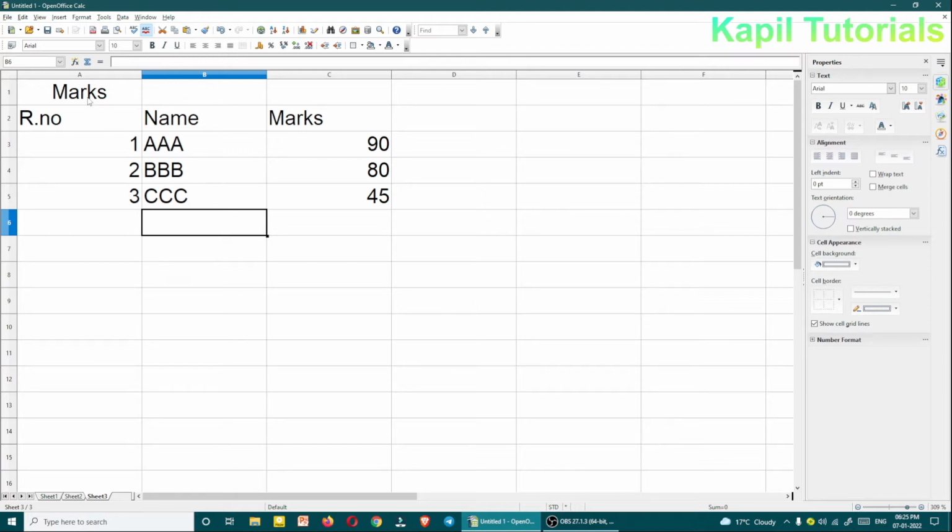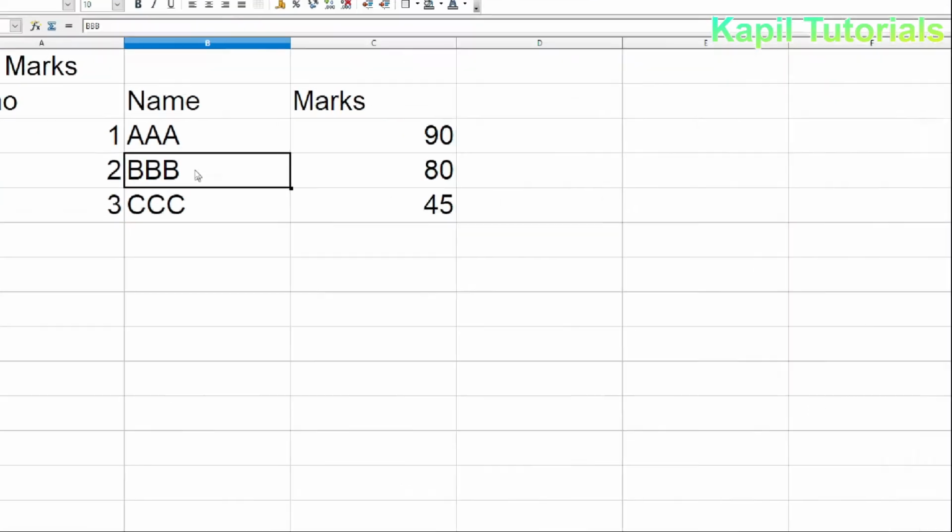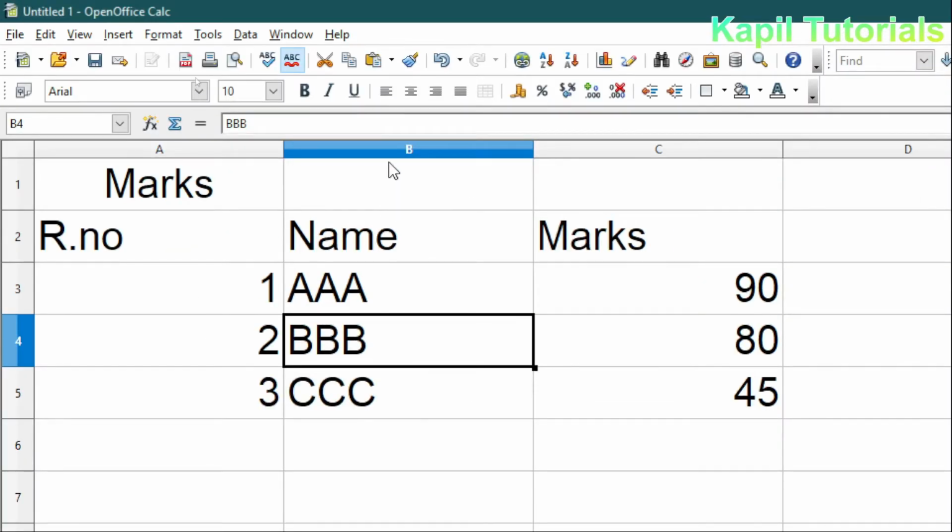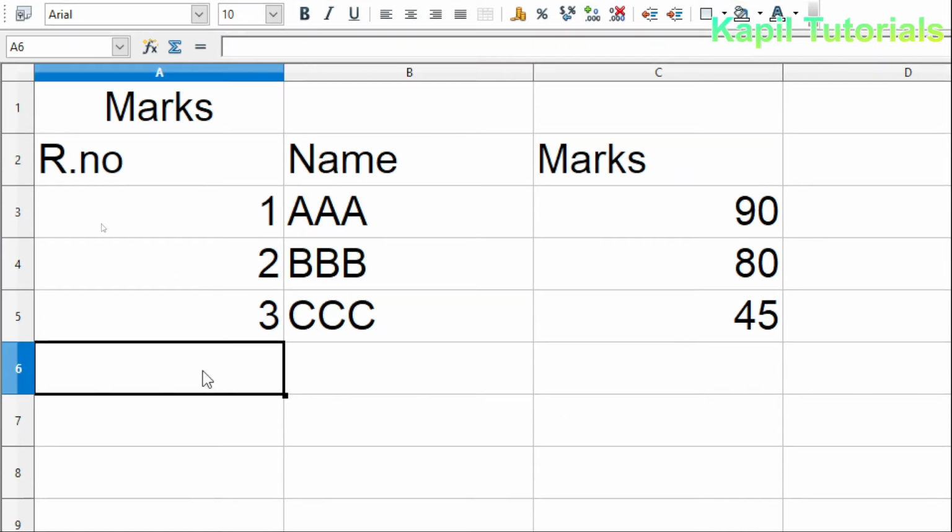Now firstly, selecting the cell. As I explained earlier, whenever I click on any cell, you can see on the top B is marked with blue color and on the left the row number 4. So you can easily make out that the cell address will be B4, and if I click here, on the top I'll see it's A and on the left side it's 6, so that means this is A6.